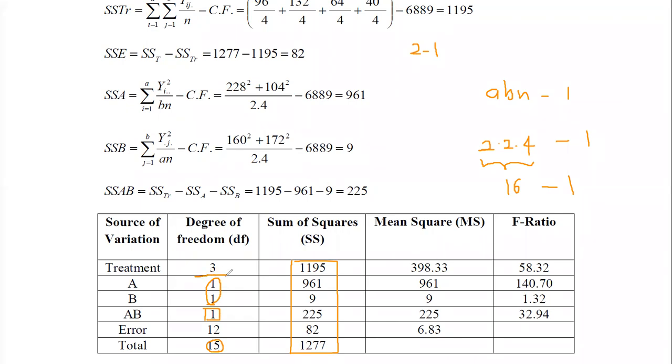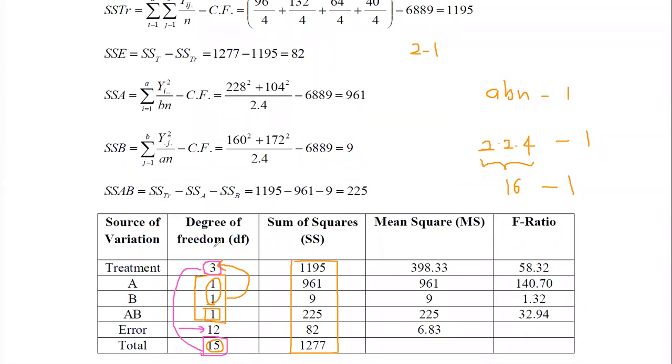Now you can use these three values to obtain the degrees of freedom of treatment. Therefore, the summation of these three values gives you the value 3. Now you can use this value and the total degrees of freedom, by combining these two values you obtain 12. You just need to subtract 3 from 15. The difference of the total degrees of freedom and treatment degrees of freedom gives you the error degrees of freedom. This is the easiest way of calculating degrees of freedom without using the equations.